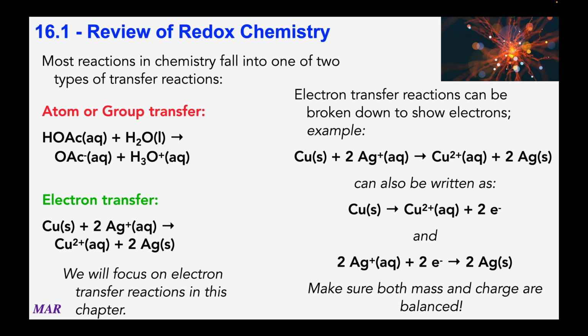So if you look at the main reaction right there, which is copper and 2 silver plus going to copper 2 plus and 2 silvers, on the reactant side, copper solid, copper metal, has a charge of 0, and the silvers, there's 2 of them, 2 times positive 1. That means the whole reactant side has a positive 2 charge. On the product side, the copper 2 plus has a positive 2 charge, and the 2 silver metals have no charge. So you've got a positive 2 on the reactant side and a positive 2 on the product side as well. This reaction is balanced for charge and mass,